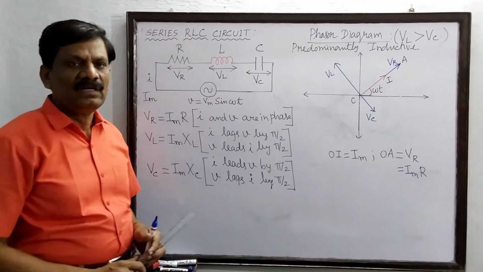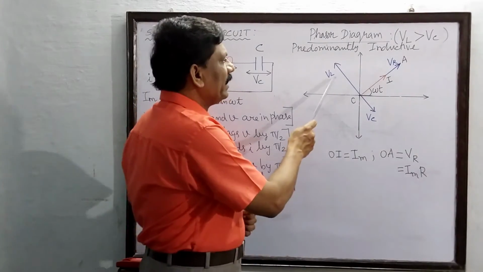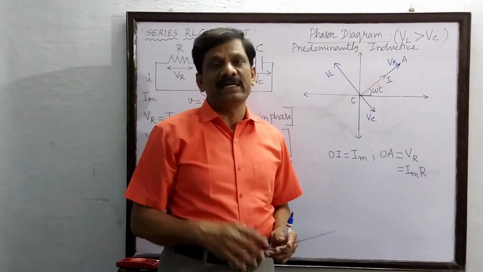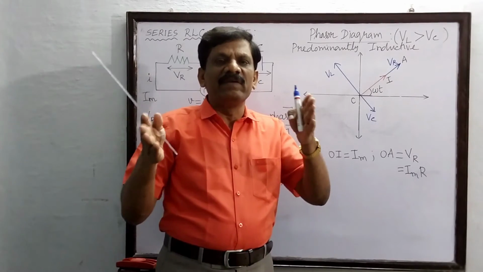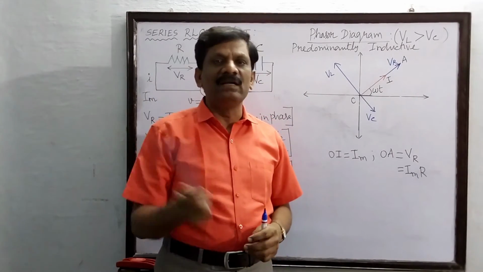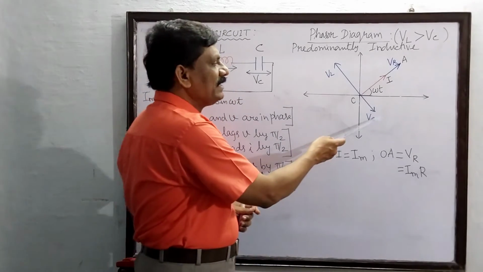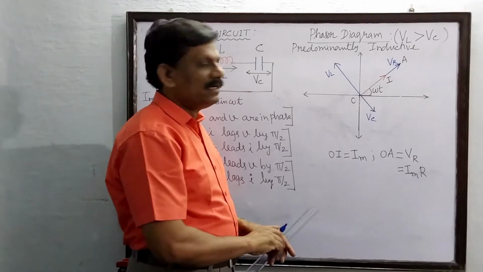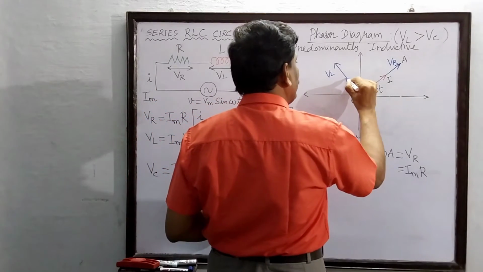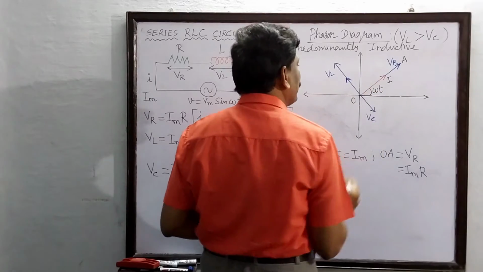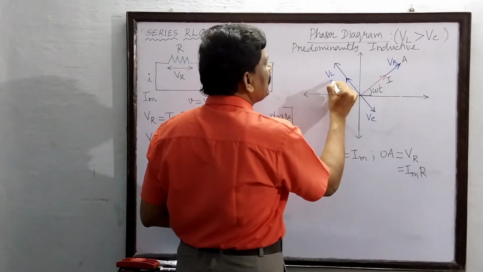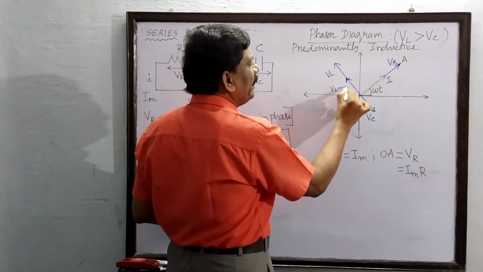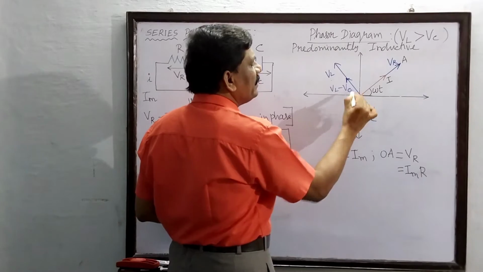Have you understood? Now, you see here, the VL vector and VC vector are acting along the same straight line, but in opposite directions. So, what will be the resultant vector? What will be the resultant of VL and VC? We can rotate this VC vector on VL, through 180 degrees, so that at this midpoint you show the representation. So this will be what? Minus VC, and the remaining magnitude will be equal to VL minus VC.